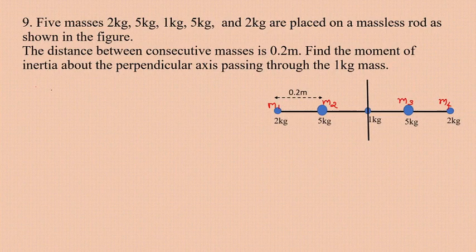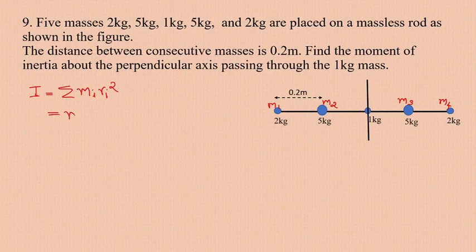Okay, so m1, the first mass, 2 kilogram, is m1, second mass 5 kilogram is m2, and on the right side the 5 kilogram mass is m3 and the last 2 kilogram mass is m4. So the moment of inertia of this system of particles is the sum of the moments of inertia of the individual particles, that is sigma mi ri square,